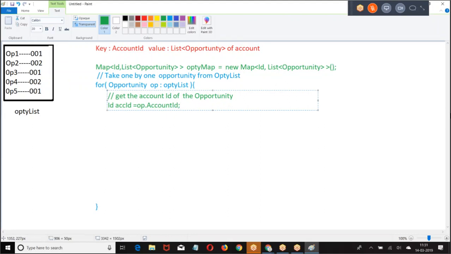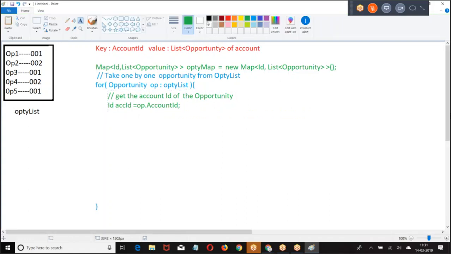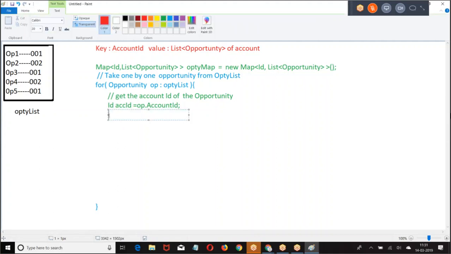Everyone is good with that? The next one. I told check whether map contains account ID fetched in the opportunity.